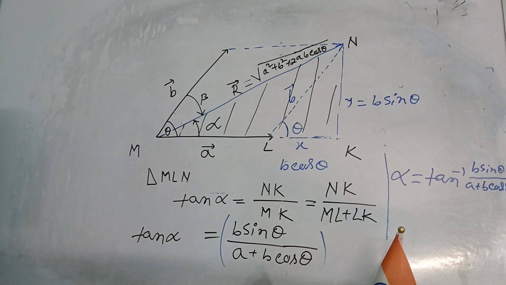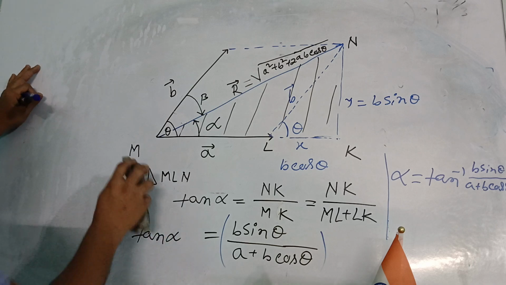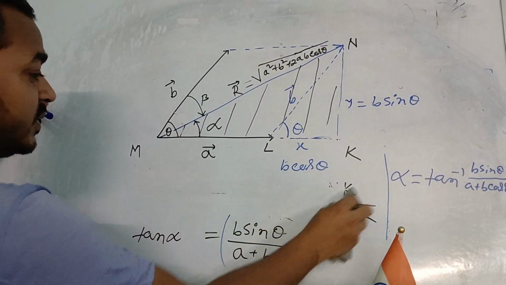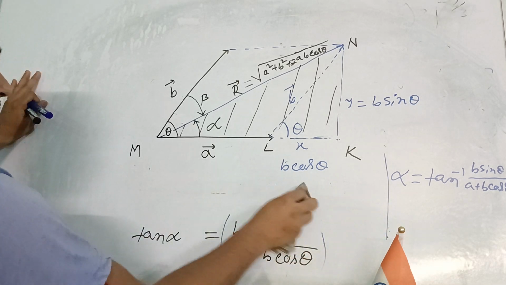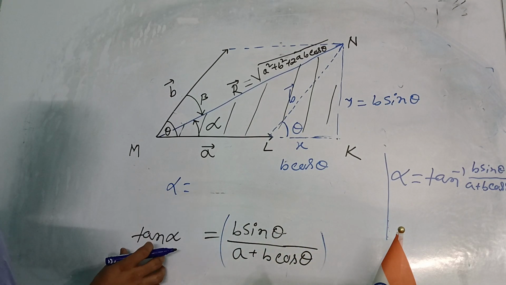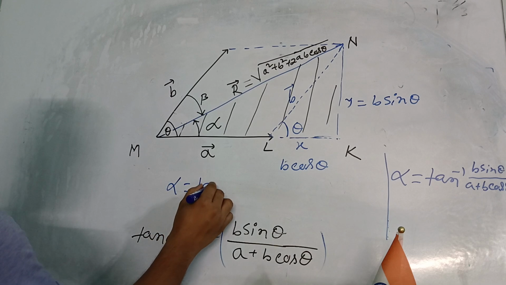So what is the value? It is tan inverse of B sin theta divided by A plus B cos theta. So after calculating this, we are getting the value of alpha. So our aim is what? To find the angle. So we are getting alpha is equal to tan inverse